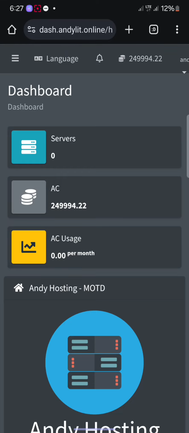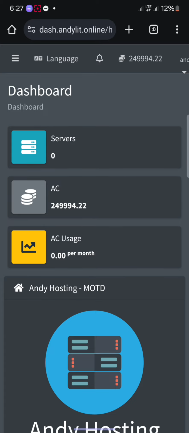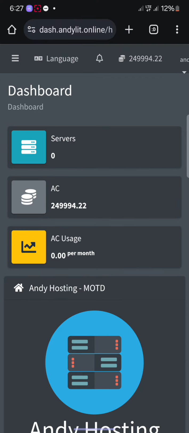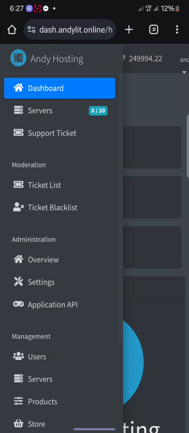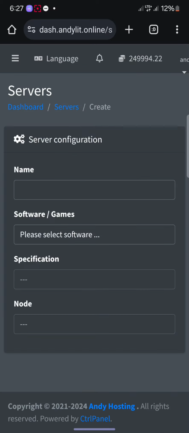In this video I'm going to show you how to deploy a WhatsApp bot on our NZ hosting panel. First things first, you need to create an account on Terrain. The panel will look something like this. Alright, let's get started. Head over to the toolbar at the top left of the screen, click on server and